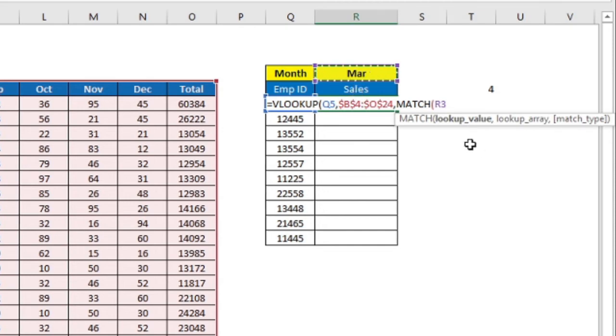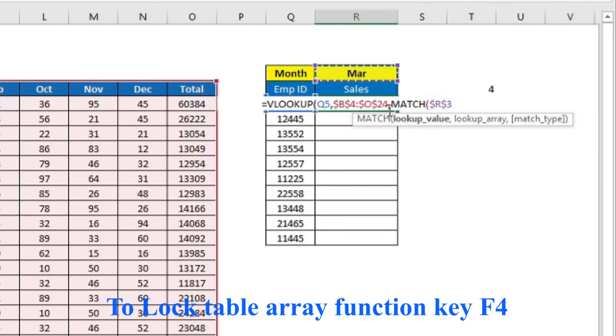And I will lock this because I want to copy the formula from top to bottom. I want to pick up the value from this cell again and again. That is the reason I will lock this cell as well by pressing the function key F4.